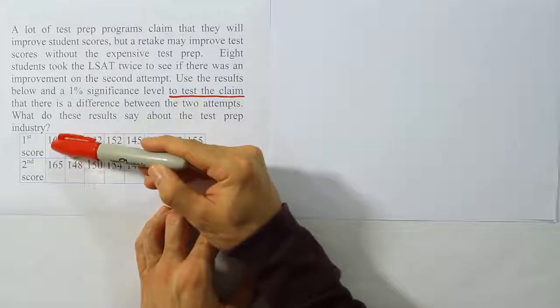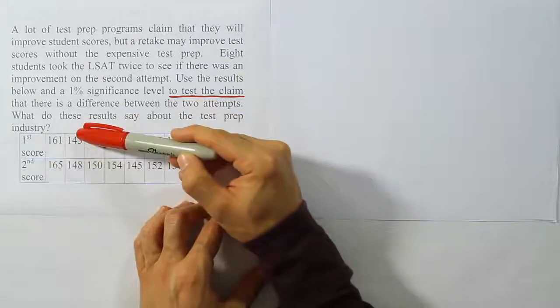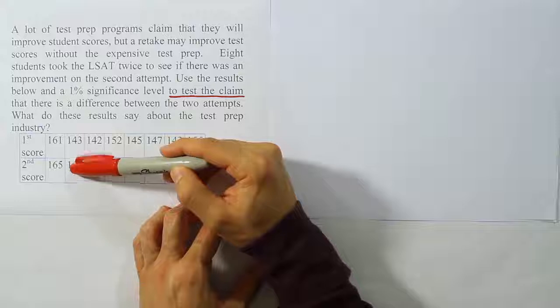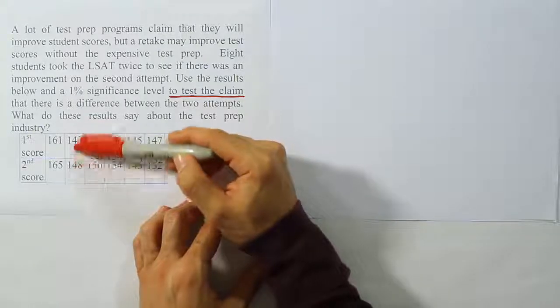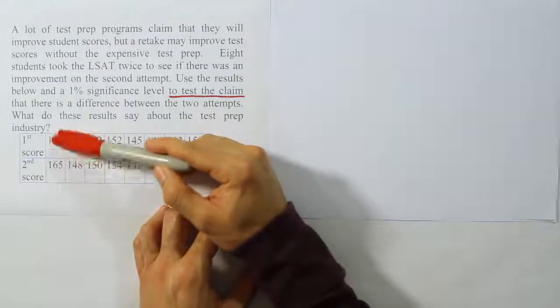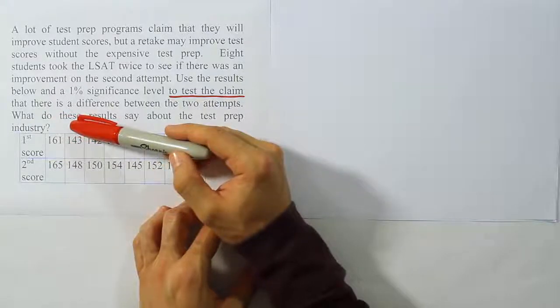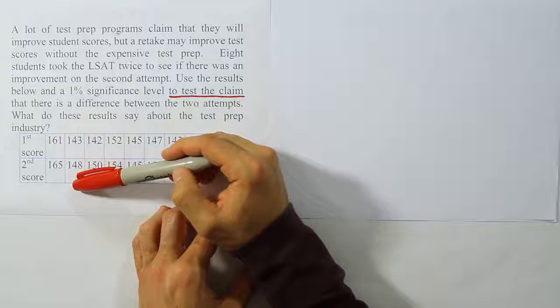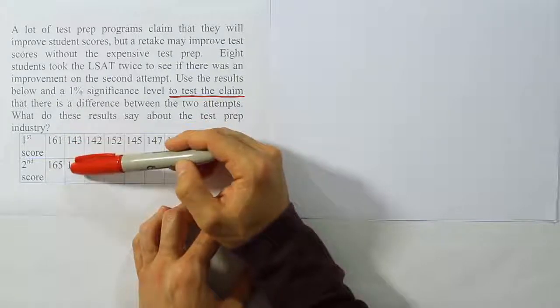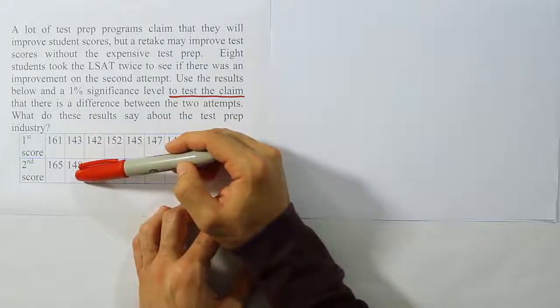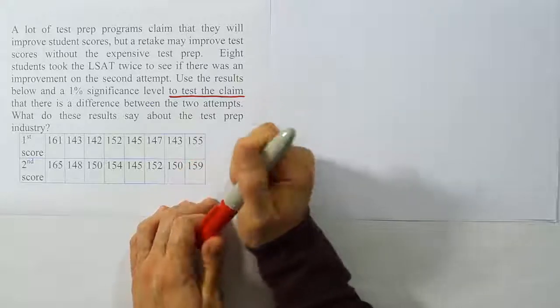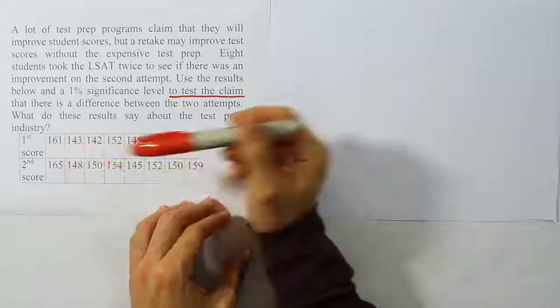For example, this guy obviously has better scores than this guy. So, we expect that the first and the second score here will generally be lower than this guy's first and second scores, right? But that's not really what we want to know. We don't want to compare the students. We want to compare their before and after type results. So we want to compare their first score to their second score to see if there's a natural improvement just by retaking the exam. So this is a dependent t-test, that's clear.